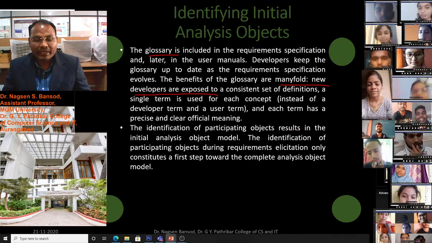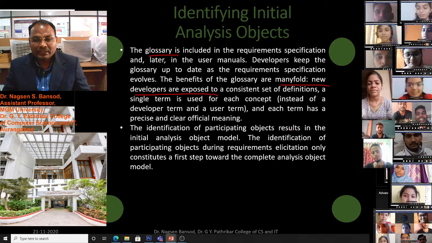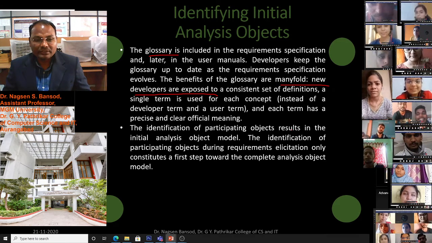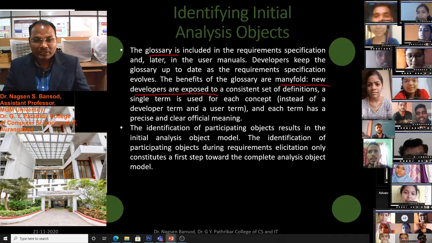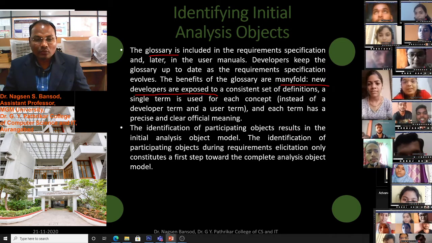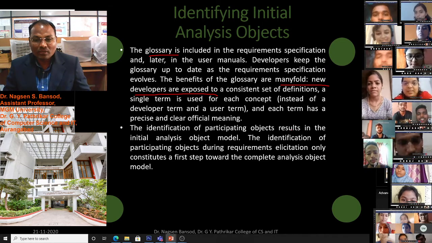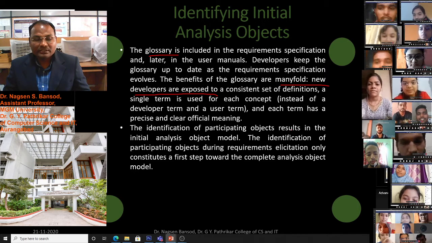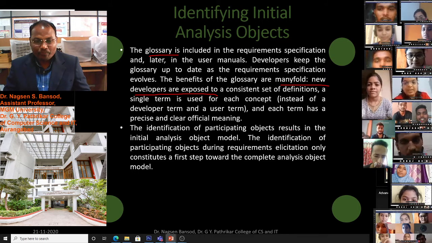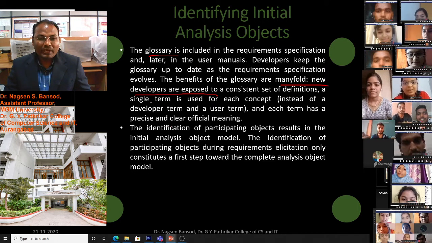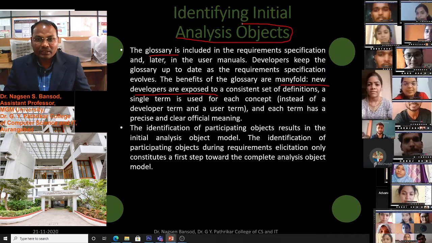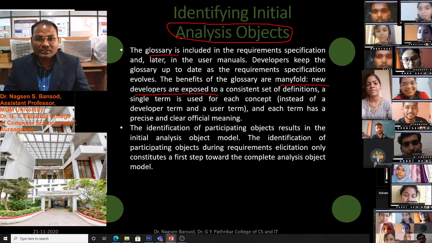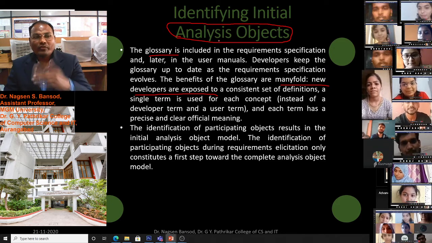The identification of participating objects results in the initial analysis object model. The identification of participating objects during requirements elicitation only constitutes a first step towards the complete analysis model. Once you are able to identify the objects, then you will proceed towards the next step of analysis.